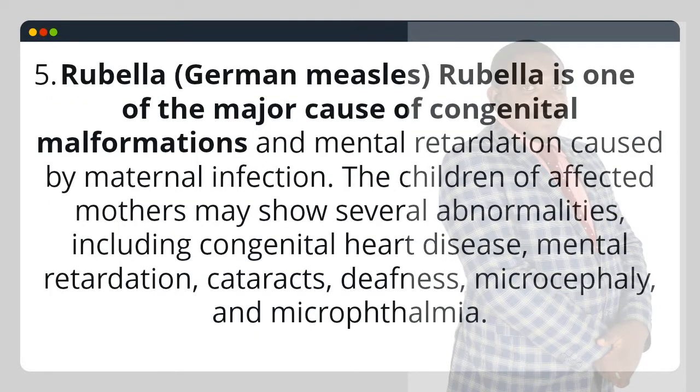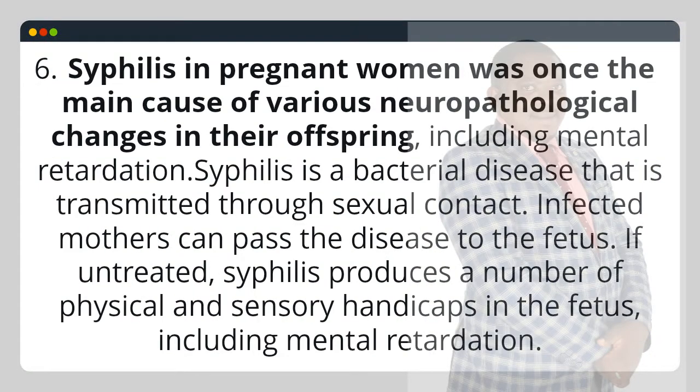5. Rubella, German measles. Rubella is one of the major causes of congenital malformations and mental retardation caused by maternal infection. The children of affected mothers may show several abnormalities, including congenital heart disease, mental retardation, cataracts, deafness, microcephaly, and microphthalmia. 6. Syphilis in pregnant women was once the main cause of various neuropathological changes in their offspring, including mental